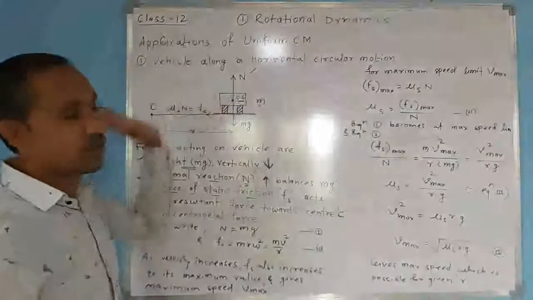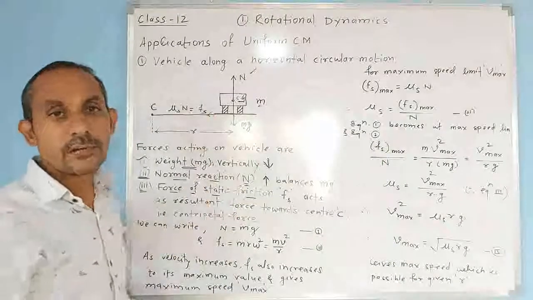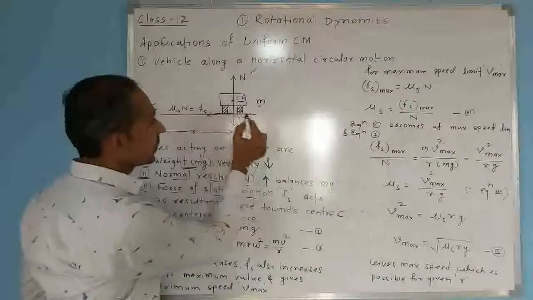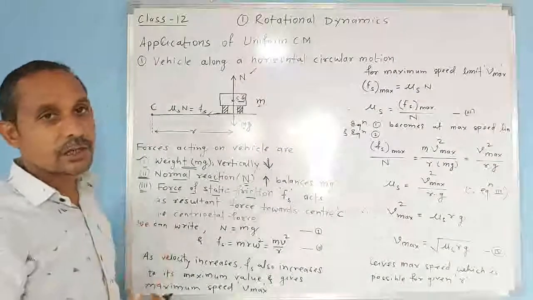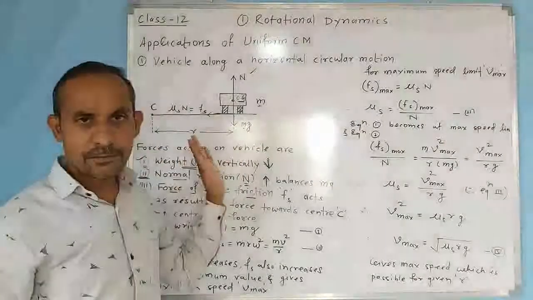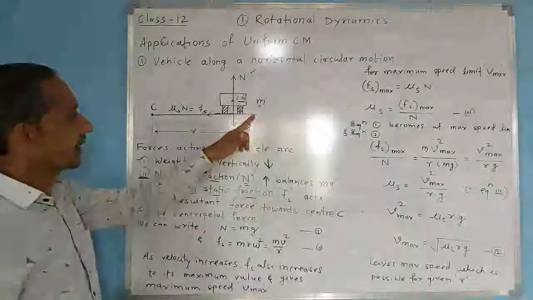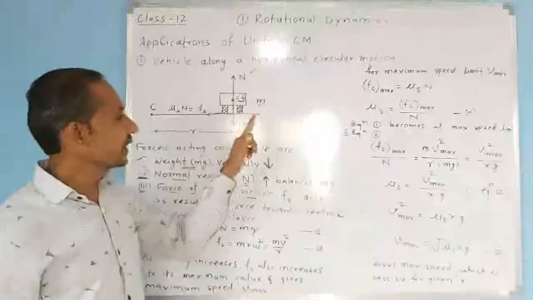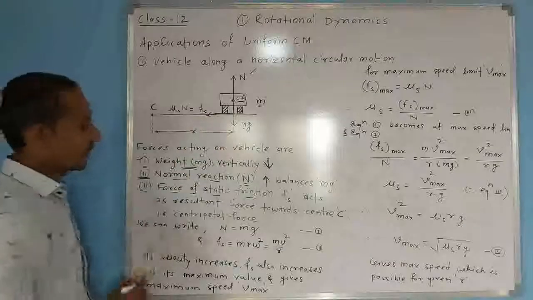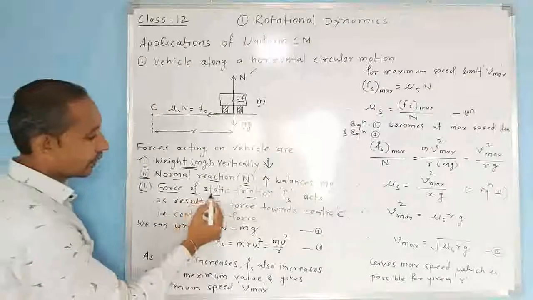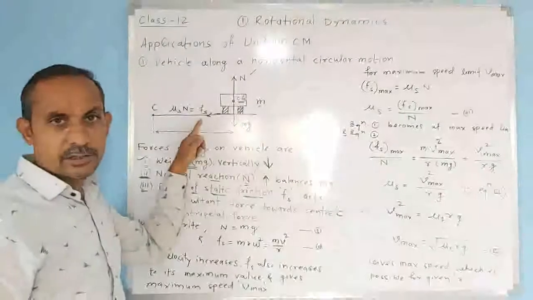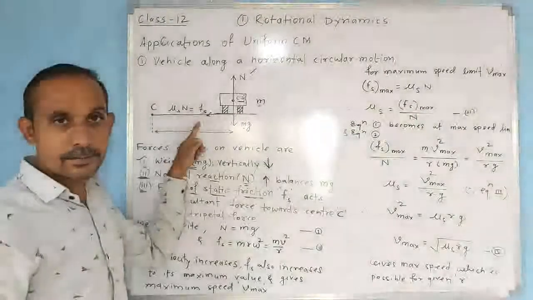There is frictional force between the tires of the vehicle and the surface. That frictional force always exists parallel to the horizontal surface, and that frictional force is called the force of static friction, indicated by Fs,